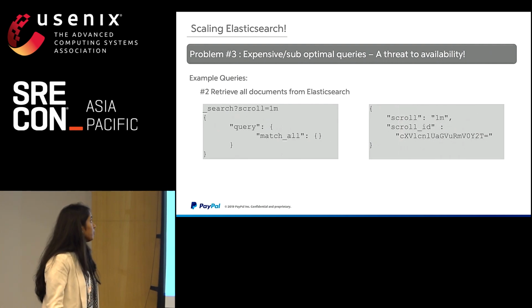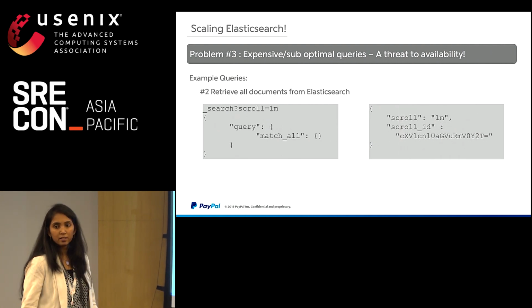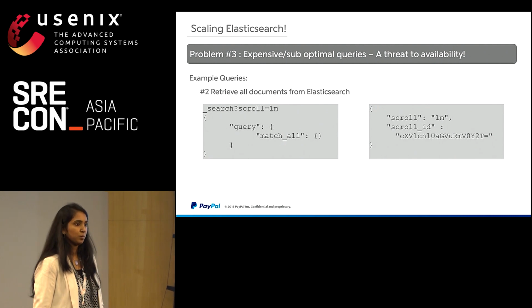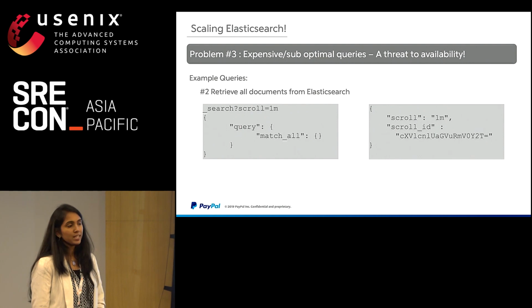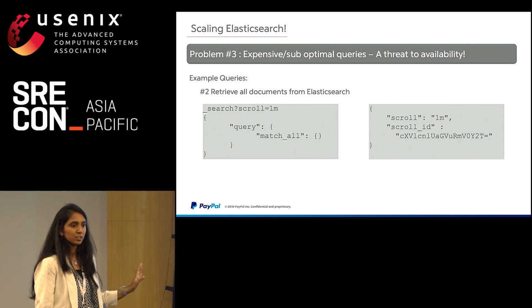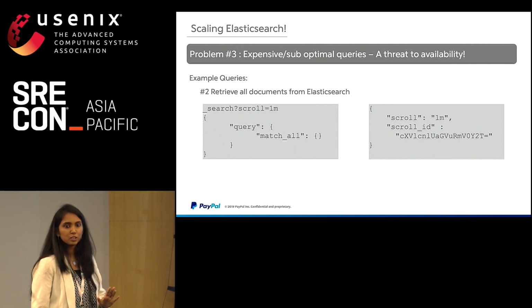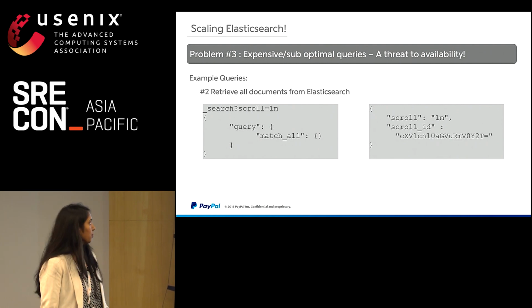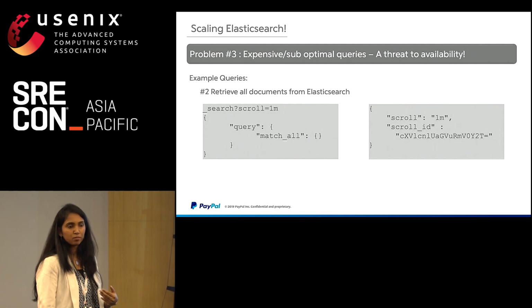Second, retrieve all documents from the Elasticsearch cluster. Another common thing that people might want to do is just query the documents over there. First thing that I would say: never do that, never encourage it. Elasticsearch is not meant for this. Elasticsearch works best for searches, aggregations and things like that. But if you want to just get the data out of it, prefer any other data store and not Elastic.